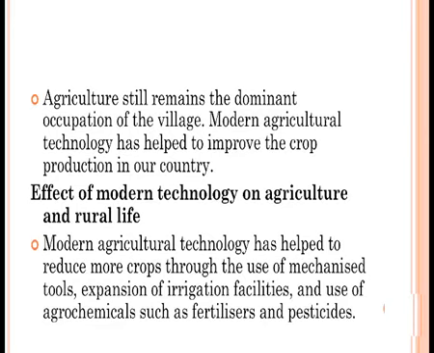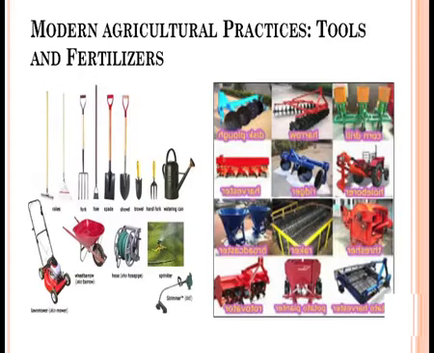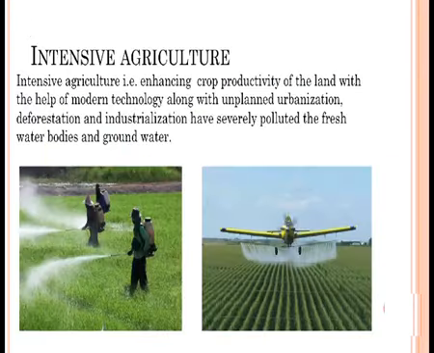Modern agricultural technology has helped to improve crop production in our country. Effects of modern technology on agriculture and rural life: modern agricultural technology has helped to produce more crops through the use of mechanized tools, expansion of irrigation facilities and use of agrochemicals such as fertilizers and pesticides. Traditional agricultural practices, tools and manuals are depicted in this picture, and modern agricultural practices, tools and fertilizers are depicted in this slide. Now we come to intensive agriculture, that is, enhancing crop productivity of the land with the help